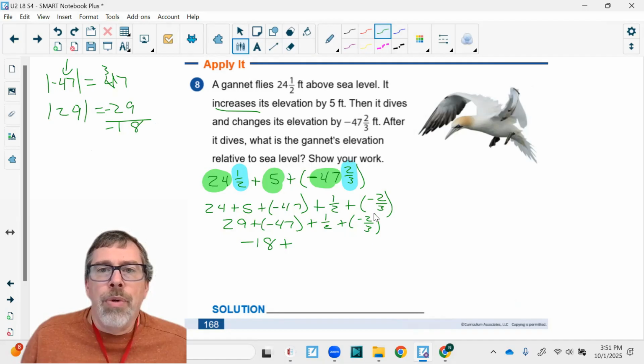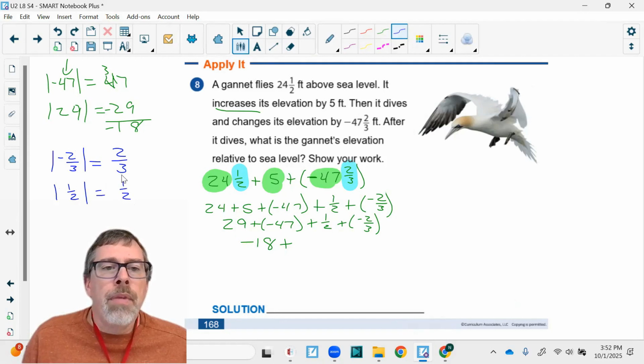Now I do the same with my fraction. 2/3 is more than a half when you do absolute value. Think of it as 2/3 is further from 0 than 1/2 is. So the absolute value of negative 2/3 is 2/3, right? Distance from 0. And the absolute value of a half is 1/2. I cannot subtract these. Actually, the signs are different, so I'm going to subtract, but I can't because